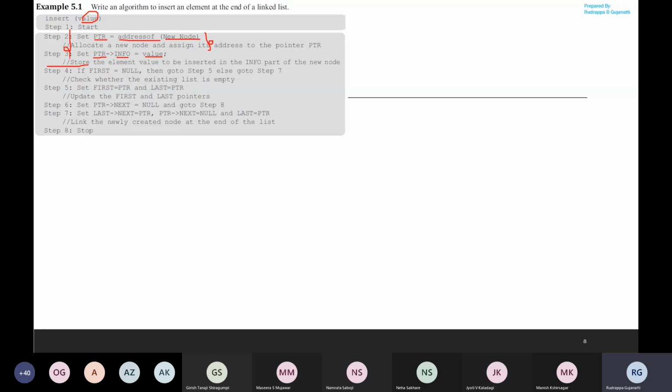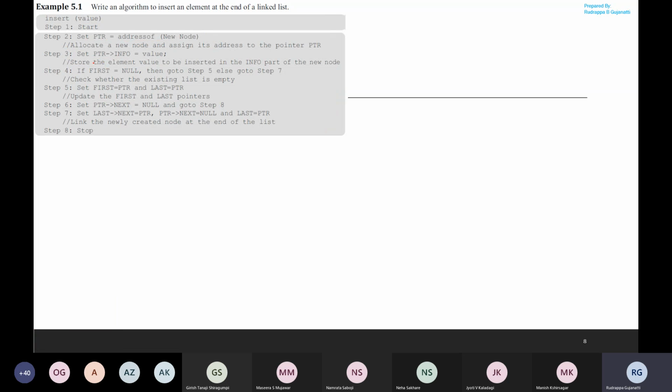Now what happens is, depending on where the element is inserted, or in this case they are inserting it at the end, you have to cross check all these parameters. In this case it is kept simple that you are adding it at the end of the list. So we are not complicating it over here.